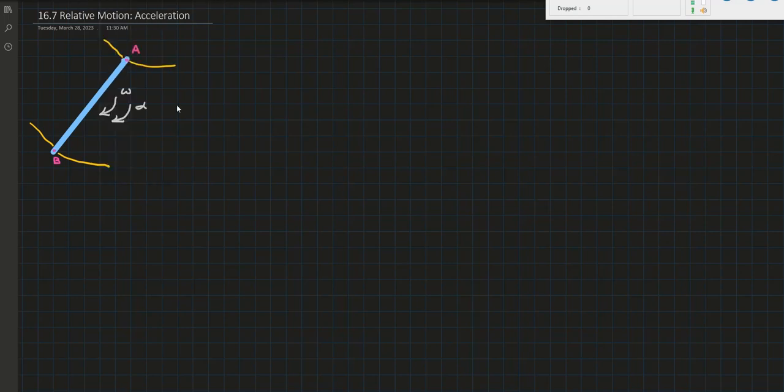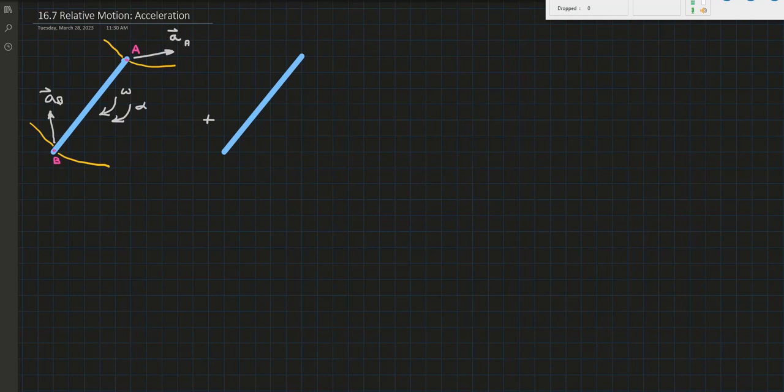Okay, so this leads to an acceleration of B. Let's just draw it in this direction. And an acceleration of A, like we've seen before with velocity, only now we're dealing with accelerations. So let's draw this deconstruction that we have been doing now for these. Let's use a line to make this look nicer. So this leads to an acceleration here